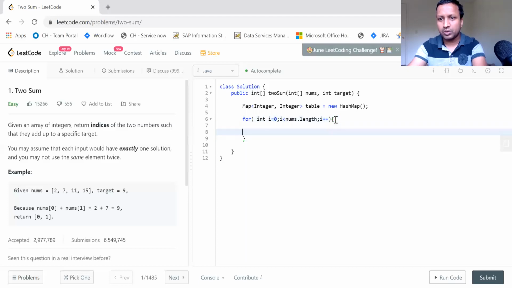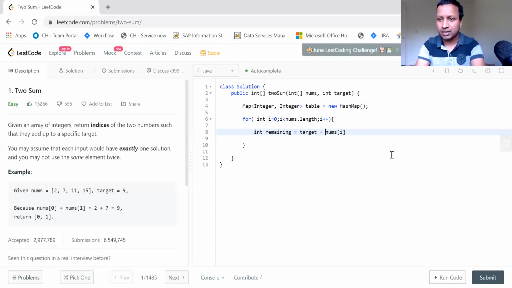Now what you do is take the remaining value. I'm taking an integer which I'm calling remaining, which is equal to target minus nums of i.